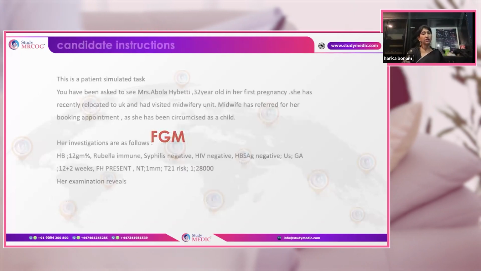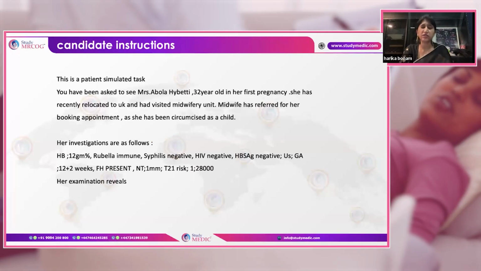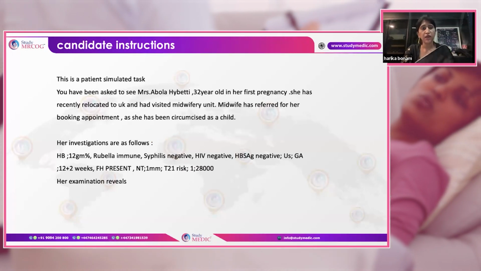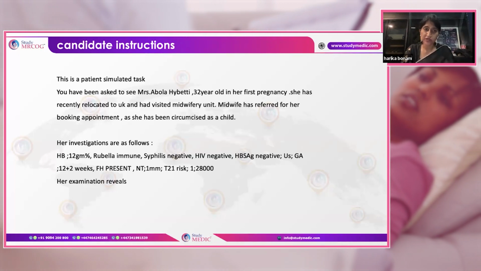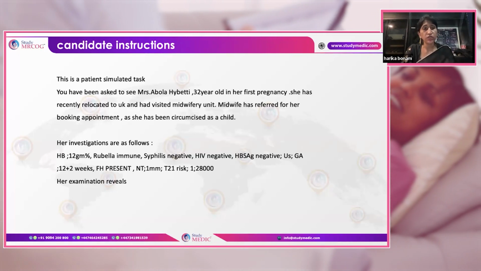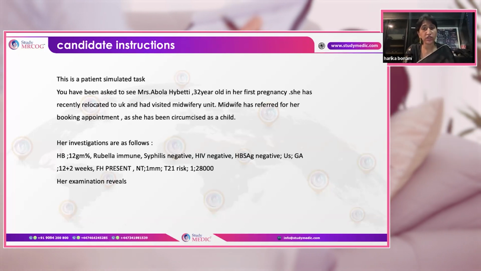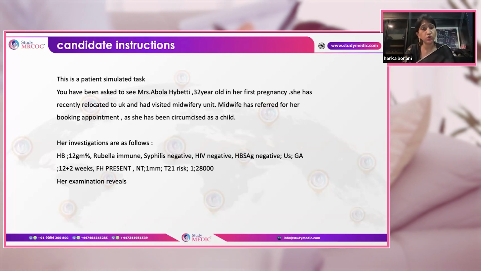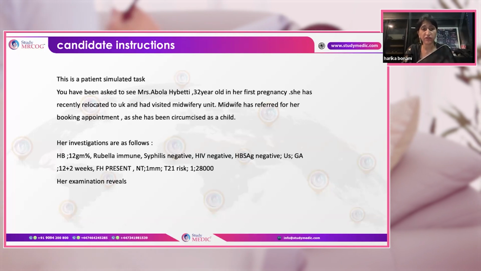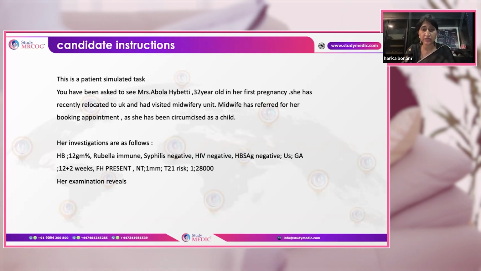Now, coming to the female genital mutilation, this is a safe task. This is one of the easiest tasks, but one of the most commonly given patient-simulated tasks. So here you have a patient, Mrs. Abola Haibati, 32 years old, in her first pregnancy. She's relocated to the UK recently and visited the midwife, and the midwife has referred to you because she has had the